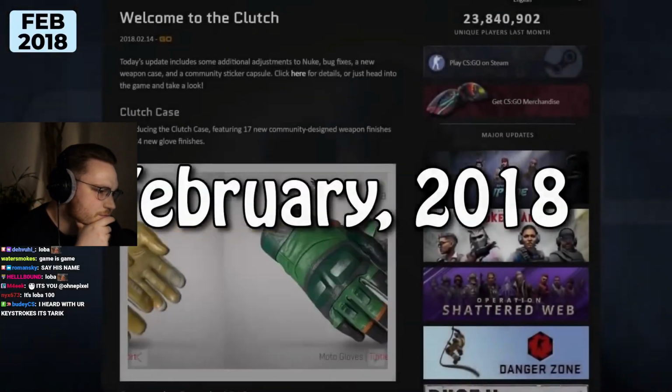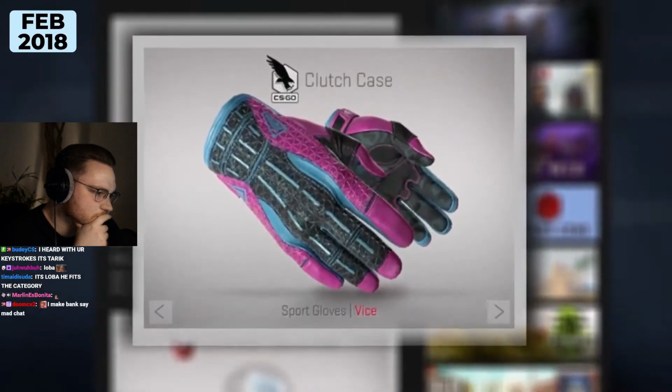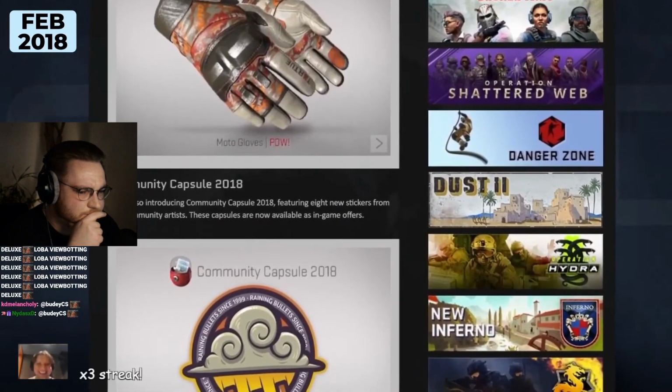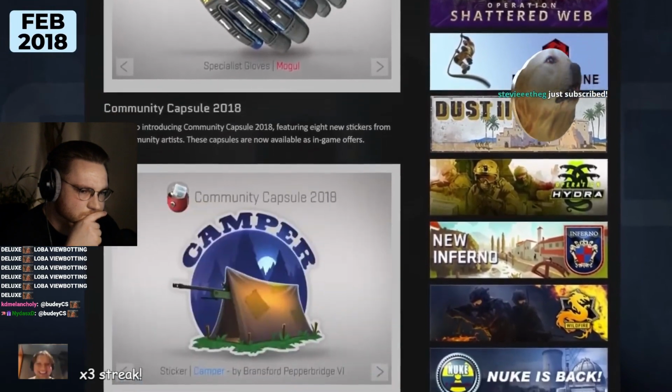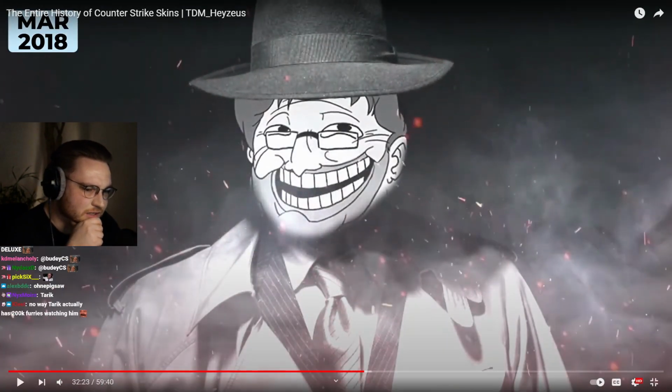February itself was pretty good. The clutch case introduced the Vice gloves, an absolute classic to this very day. Prices and playing numbers were hovering around record highs, but the happiness wouldn't last. Because at the end of March, Valve...